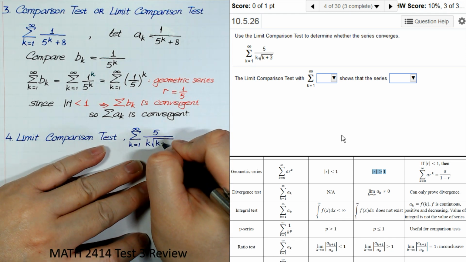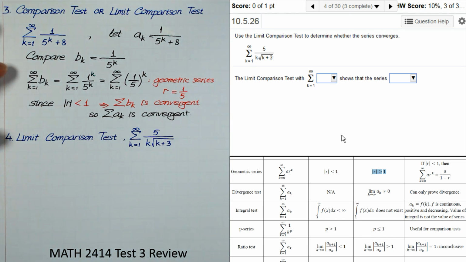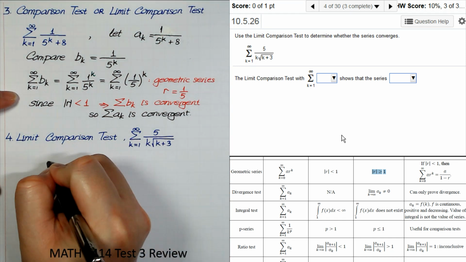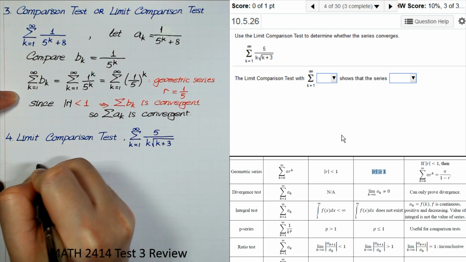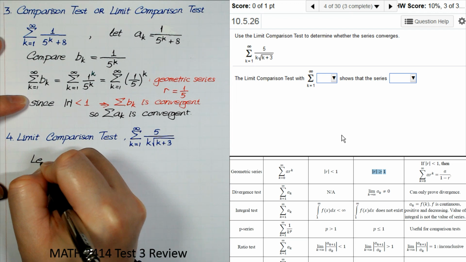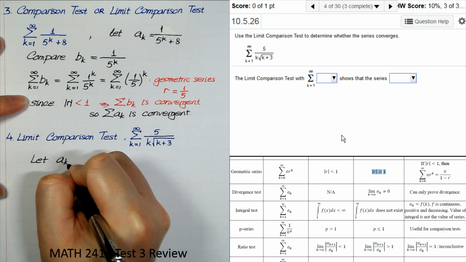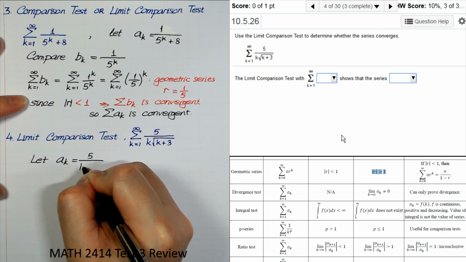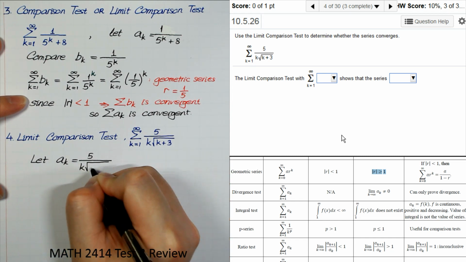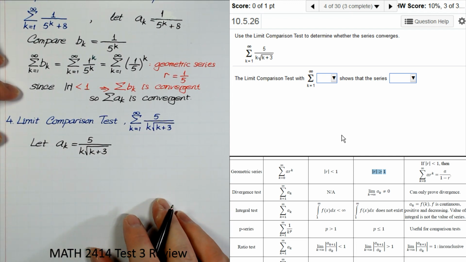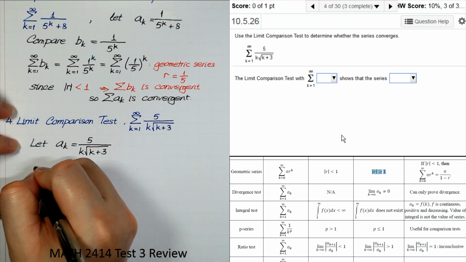Right. So a of k, being that, and now we'll compare to